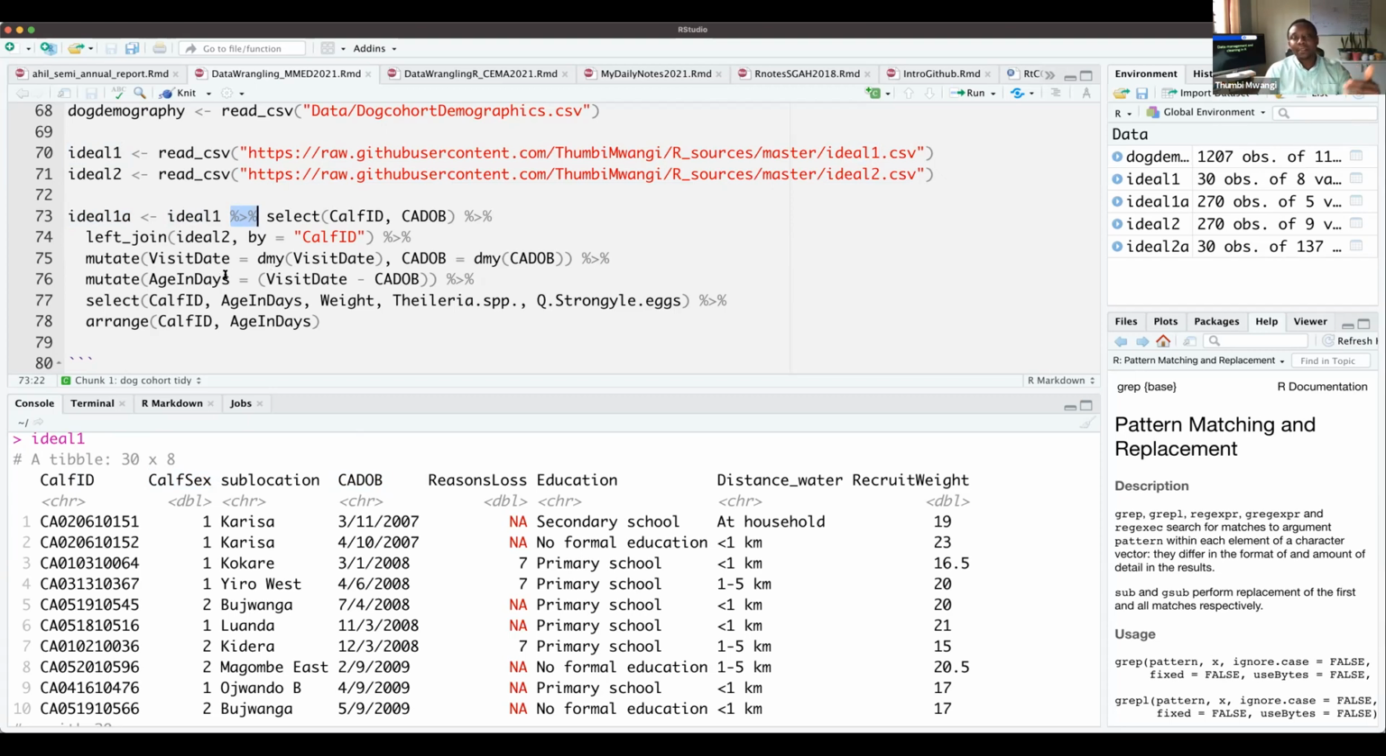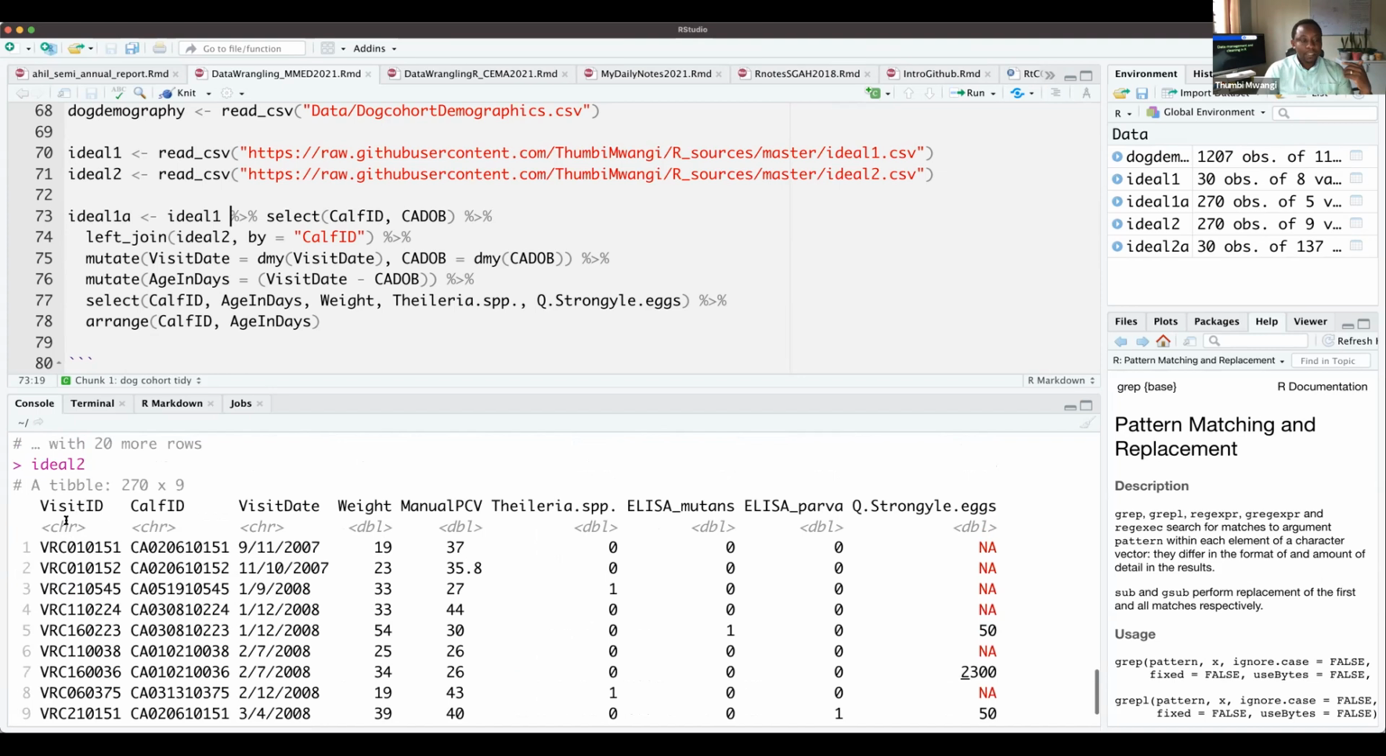So Ideal1, then select for me two variables, which are calf ID and calf date of birth, and then join it with Ideal2, which is this whole data set here. And the common unique identifier for the two data sets is the calf ID. So the calf ID on Ideal1 and the calf ID on Ideal2 are the same. And then after you have completed that process, then